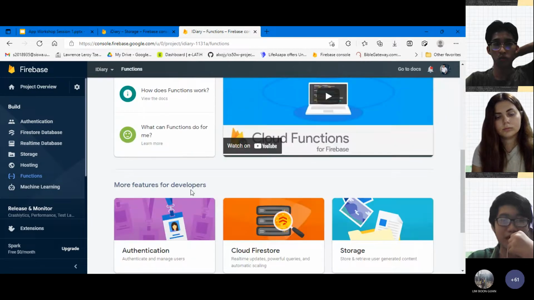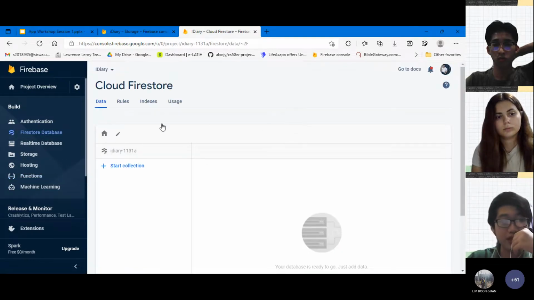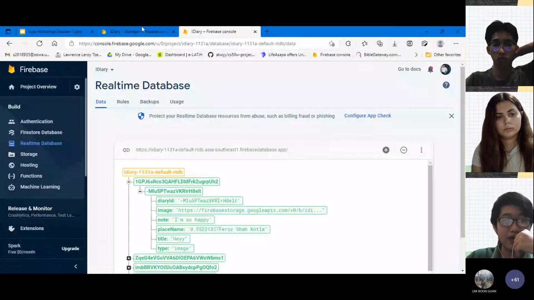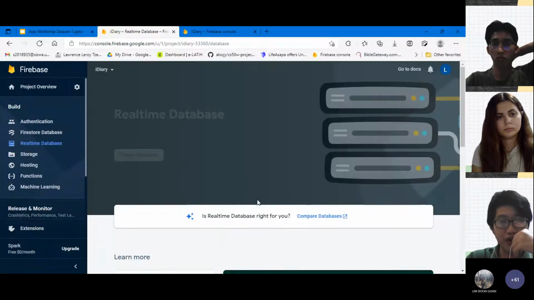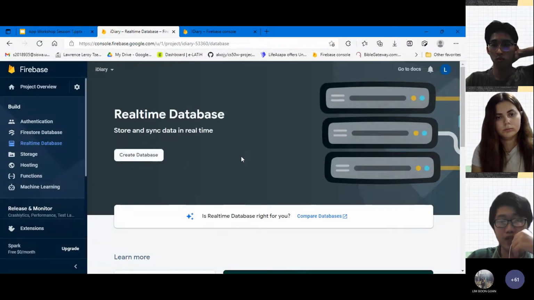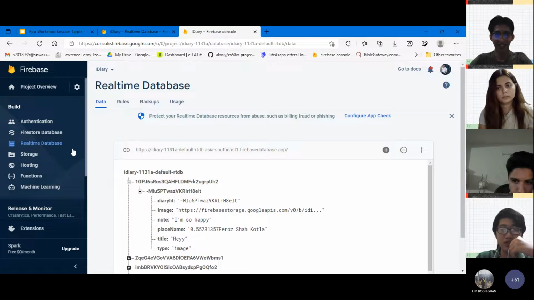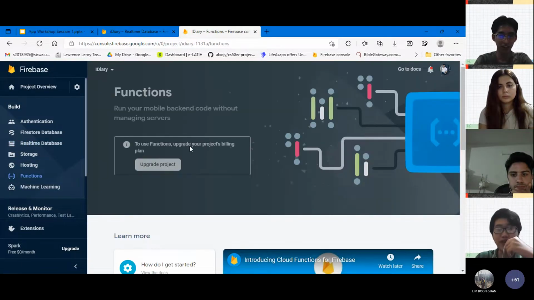For example, you see here in the database, this I think is Realtime. This layout is definitely different from what you see in your layout. What you will see if you create a new project should look like this. But for this iDiary, because we have used it quite a few times, it changes the layout. And who decides how the interface should look? You can define it inside Functions.